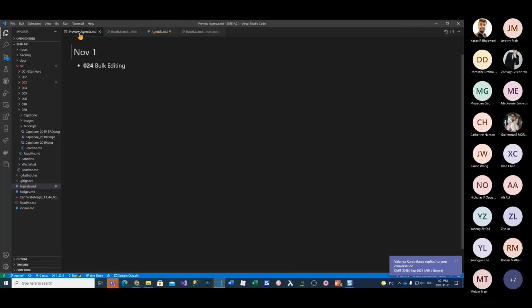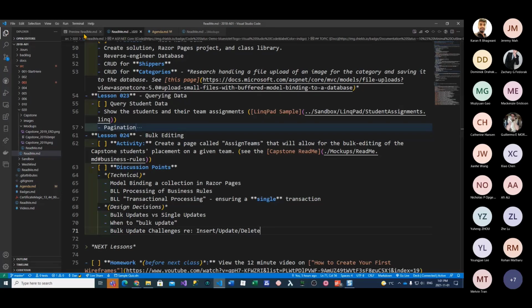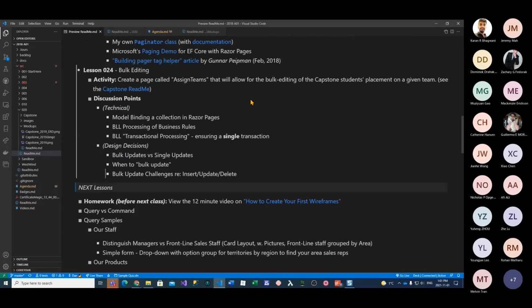And we're going to be taking a little bit of a look at some bulk editing. So what I was thinking of in regard to all of that was to do a little bit more work inside of our sandbox with our capstone students and look at creating a page called Assign Teams, where we're going to do some bulk editing of all the capstone students' placements